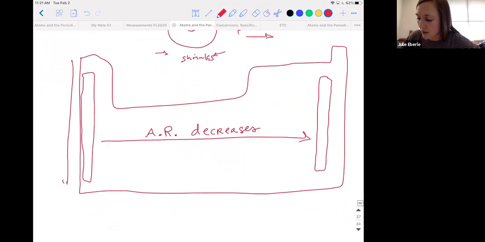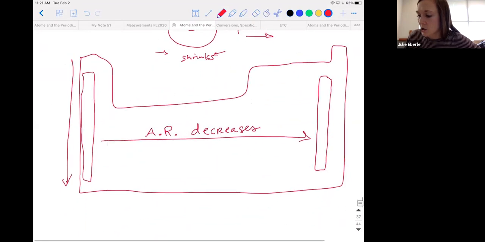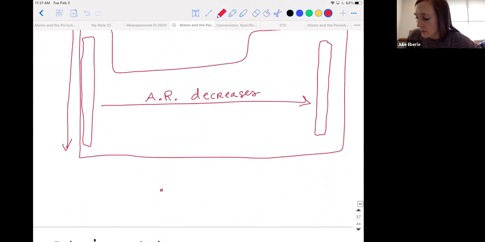What about if you go down each row or each period? As you go down, and I'm not just talking about group 1, this also is seen in group 7 and group 8. What happens to the atomic radius as you go down? Well, we have to learn something else about an atom. As you go down in row, we have to add, I call it layers of an onion, okay? You have to add a layer.